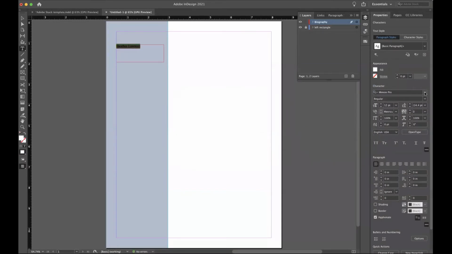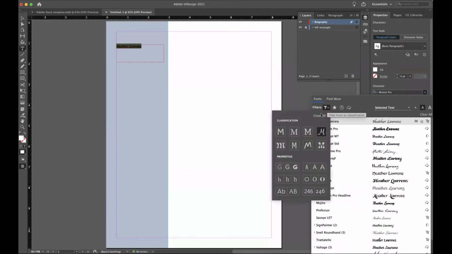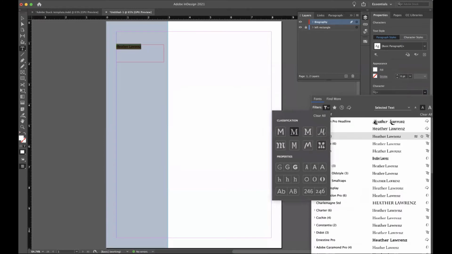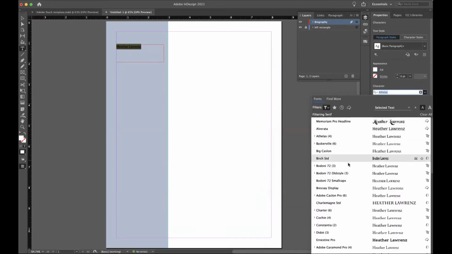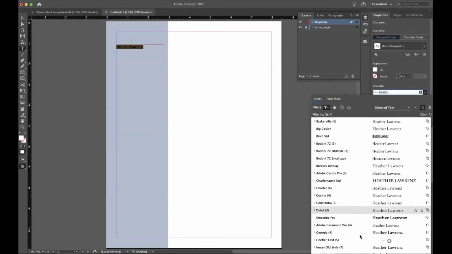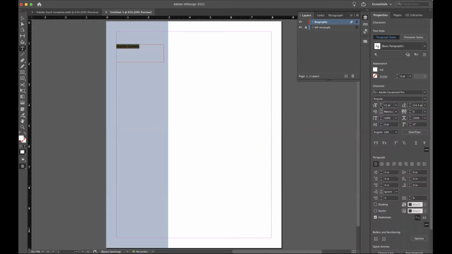And I can sort my type by filtering it. So let's say I want to find a nice serif. It gives me all of those different examples, and I can scroll through and find one that I like. I would encourage you, just kind of like you did before, to get away from the default fonts. So try to avoid those when you're using them. So I like the Garamond, and we'll just